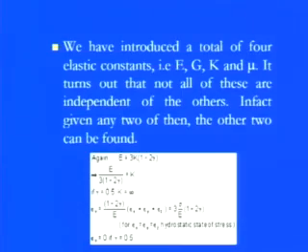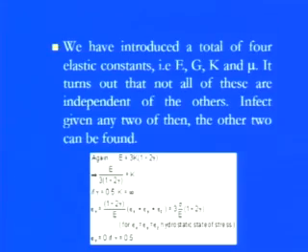In the previous case we found that if we want to calculate E from G, then we should know mu. So all 3 have a dependency on each other for calculating. Going back, we have one more relation: E equals 3K into 1 minus 2 gamma. So by using this K, what we have